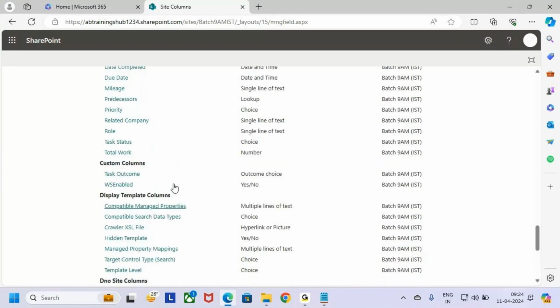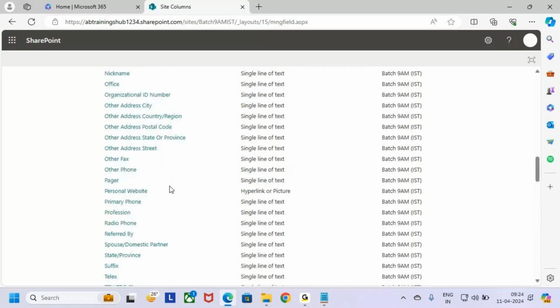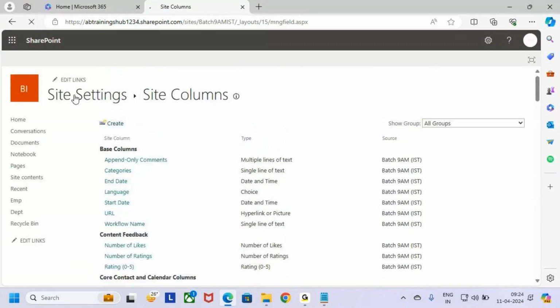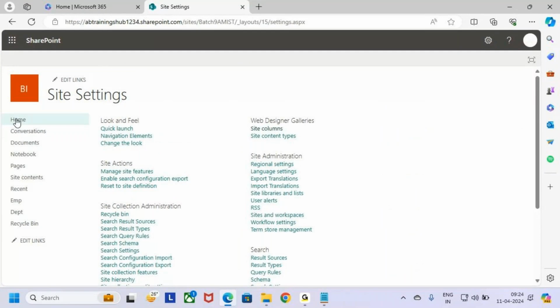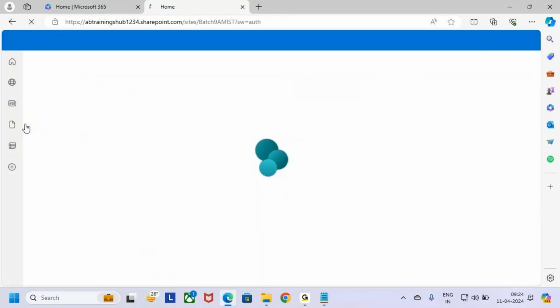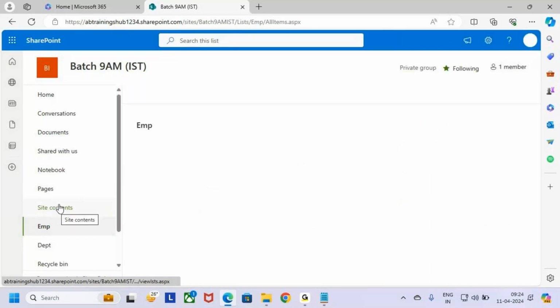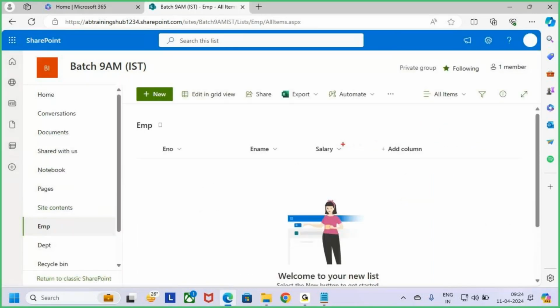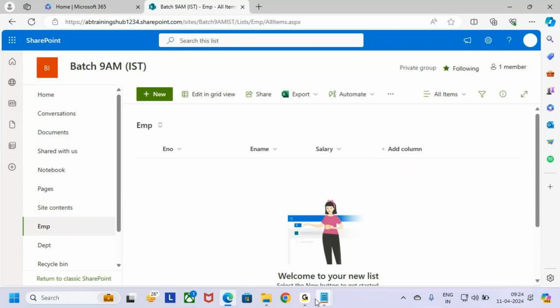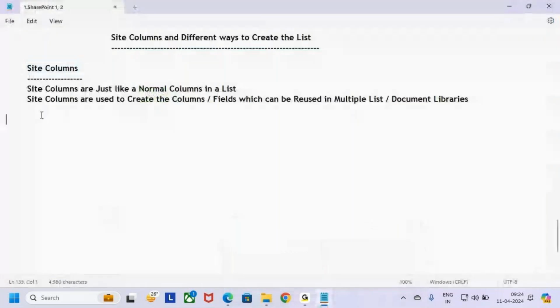Once after creating the site column, now go to the list. Go to the site settings and go to the home tab, and then go to the list called EMP. Now in the EMP list, I want to add that department number column here. Now how to add it? Before adding the column, first of all, let me keep here